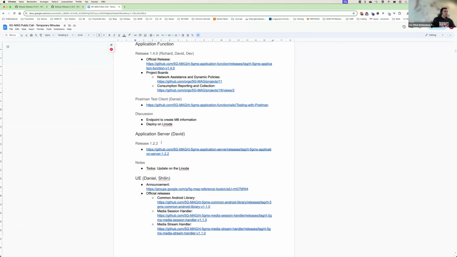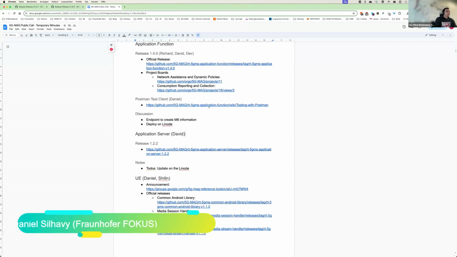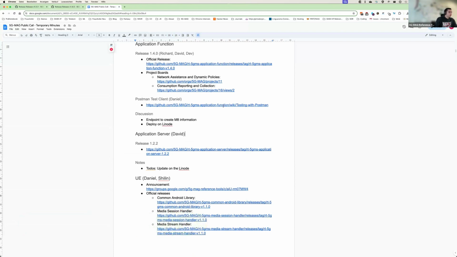Aligned with what I wanted to present anyways, is how to more or less test the new release of the application function and use it. And you know that we have a lot of tools available already. We have the Python tool by David, the M1 session tool that you can use from the terminal in order to more or less do all the requests that are required in order to configure the application function. And we also have FOKUS working on the web. It's like a user interface that lets you also control the application function that uses the Python scripts that David implemented under the hood. And now there is a third thing you can do, which is more or less a